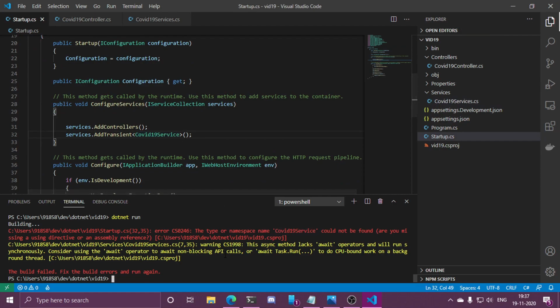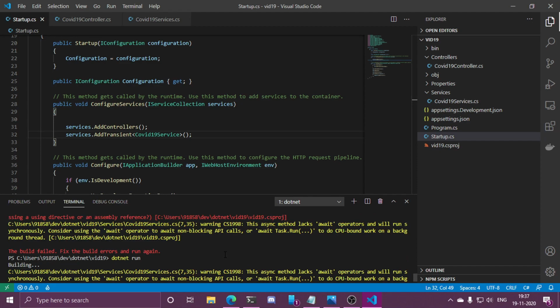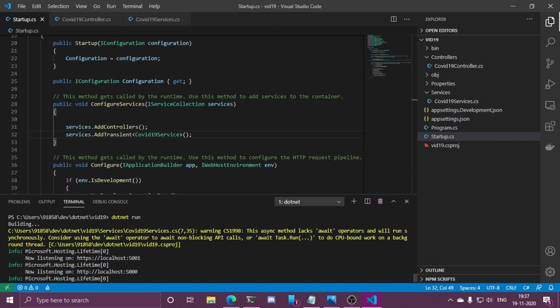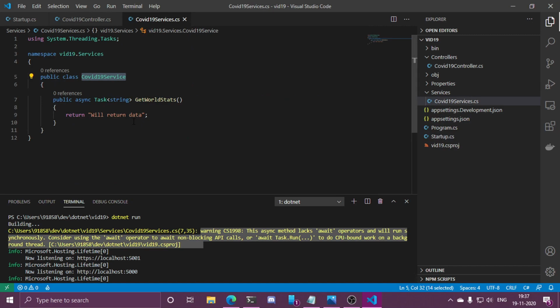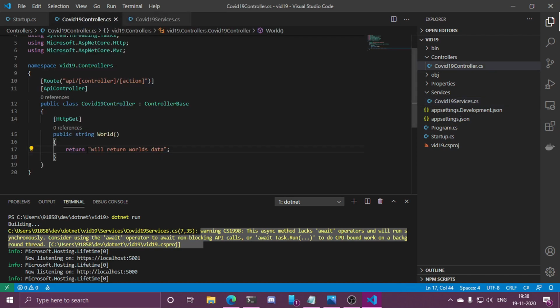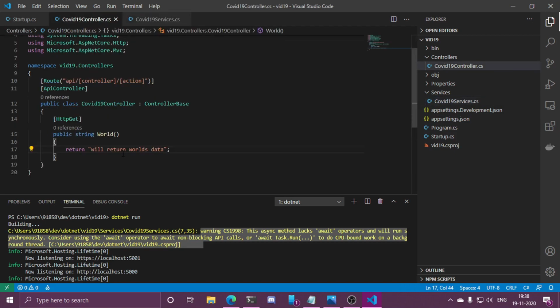Okay. So it is just simply reporting a warning that nothing has been awaited on, since the method has been marked async. As of now we do not have to concern ourselves with it. We simply are building the plumbing code as of now. So now we can actually call this service from this controller method. Okay, so how to do it?